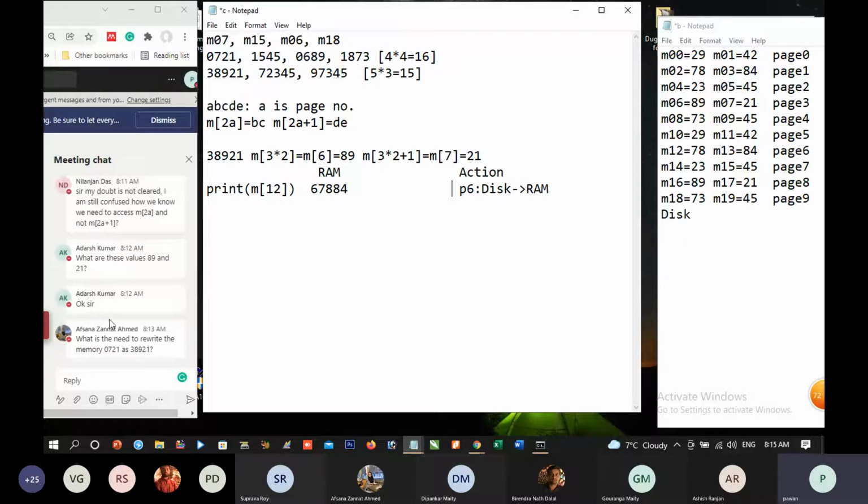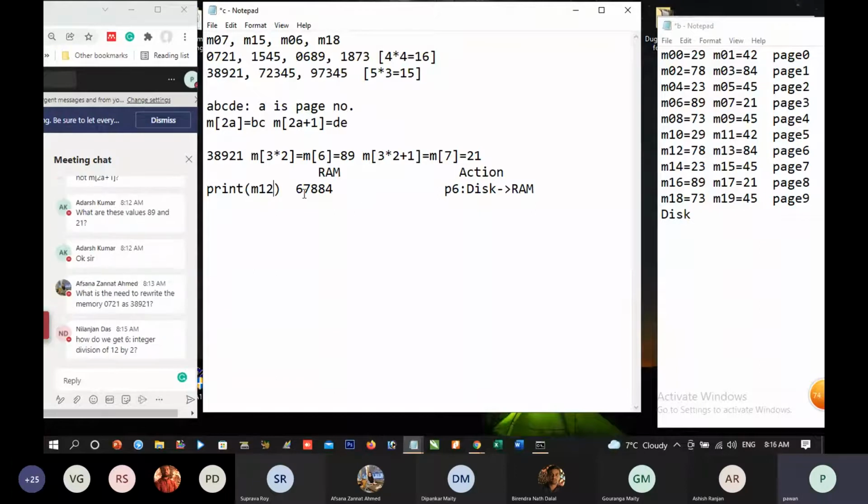Now you see, forget about these things. Pay attention. We are executing the statement print M12. The value M12 basically means page 6. So 7884 will be transferred from disk to RAM. Is this all right to you?